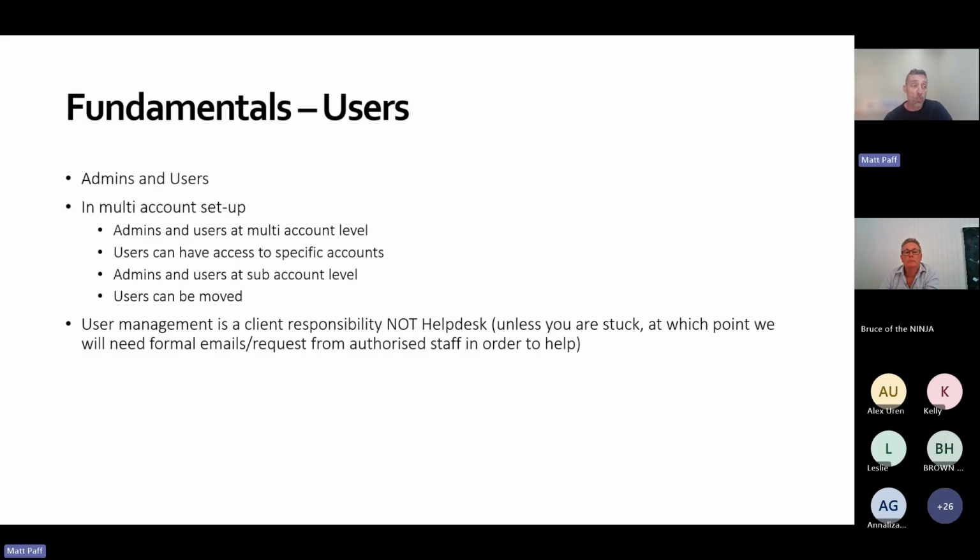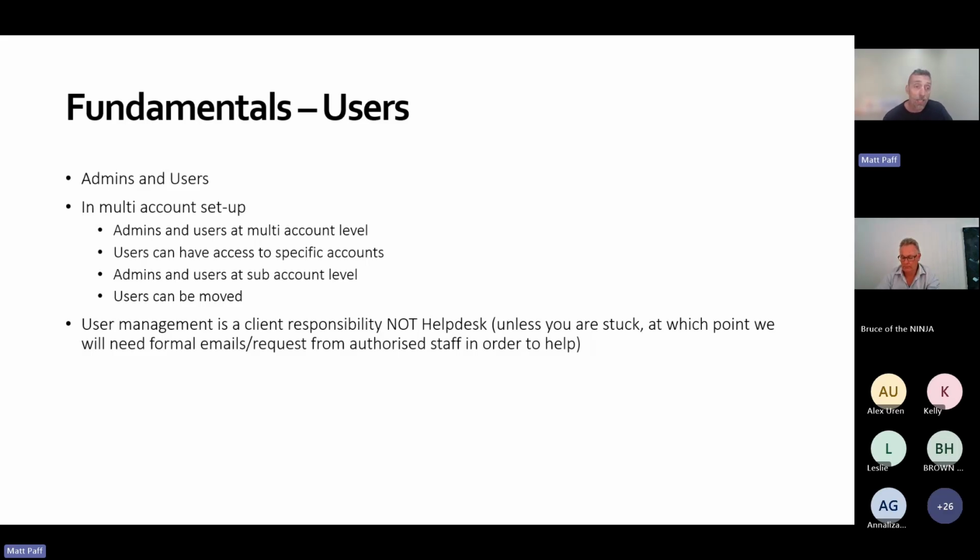There is a cybersecurity risk to us getting help desk tickets for people asking us to add users or change user access to admin, etc. So we really push back on any requests that we get via support tickets to manage users.